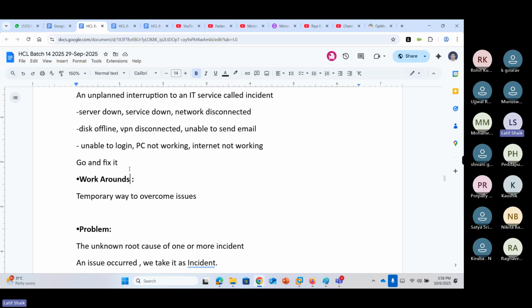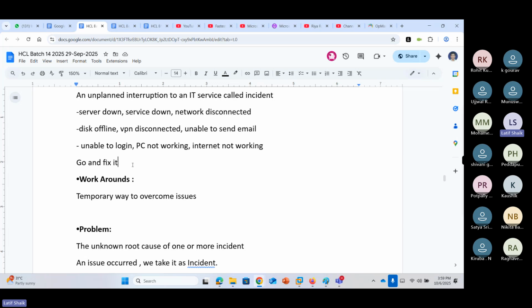Again, an unplanned interruption to the IT services is an incident. Whenever an incident occurs, we try to resolve it as quickly as possible, because any issue impacts our users and businesses.